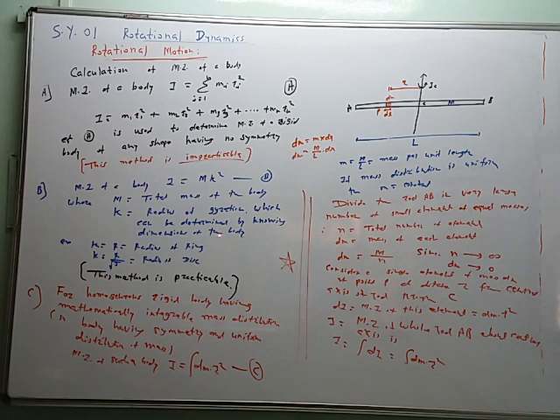So practicable methods are these two methods. One is B and the other is C. So in method B, we have to determine the radius of gyration, and then using this radius of gyration we can find the value. So radius of gyration for the ring, radius of gyration for the disc can be determined by knowing its dimension, by knowing the dimension of the body.